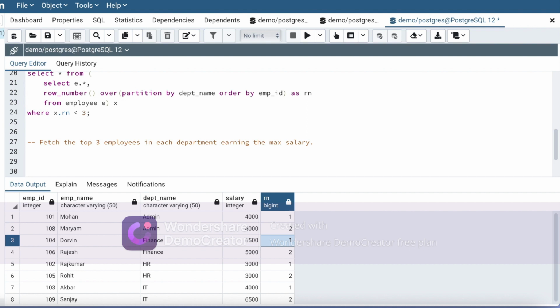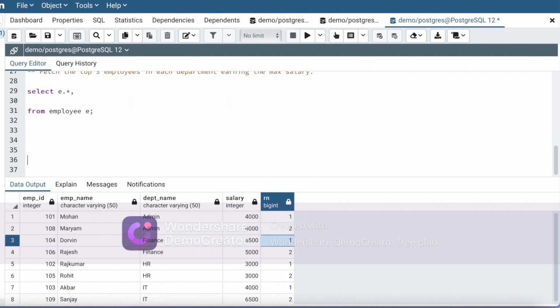Okay, so to achieve these kinds of results, the best way to write a query is using the rank window function, or the dense rank based on what you need. But let's first look at rank. So let me write a query for that. So let's say select e dot star from employee alias e, and I'm going to use a rank function here. So let's say